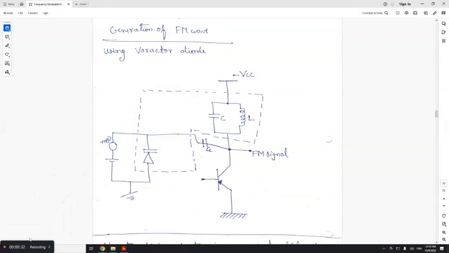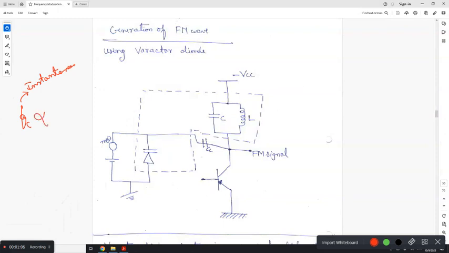Let us go back to our basic principle of FM. If you see the basic principle behind FM, what exactly are you doing? The instantaneous frequency of the carrier wave, we are making it proportional to the message signal m of t. So you are going to generate oscillations, which is the carrier wave, whose frequency is proportional to m of t,